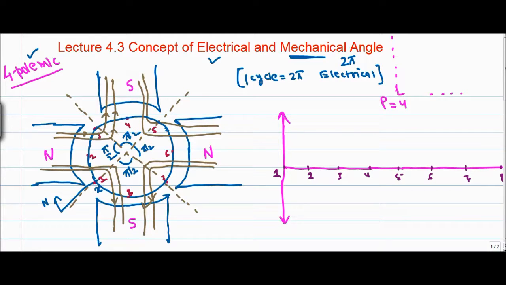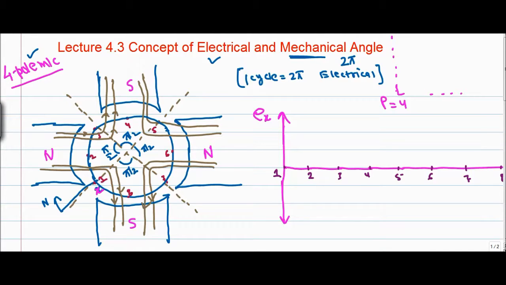To understand this electrical and mechanical concept, we have to think that conductor 2 and conductor 4 have a maximum induced EMF but opposite in sign. Similarly, conductor 6 and conductor 8 have a maximum induced EMF, opposite in sign. For the sake of explanation, this is the conductor X, which has an induced EMF called EX, moving in a constant magnetic field with 4 poles on the stator, north and south.